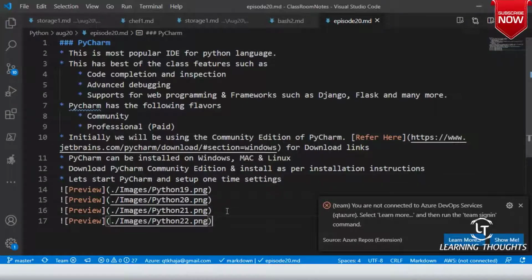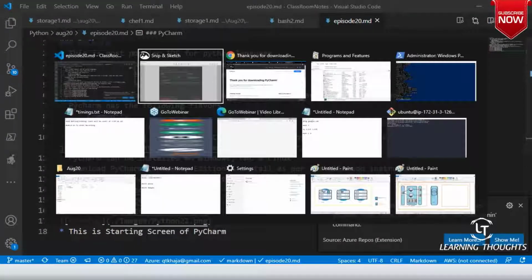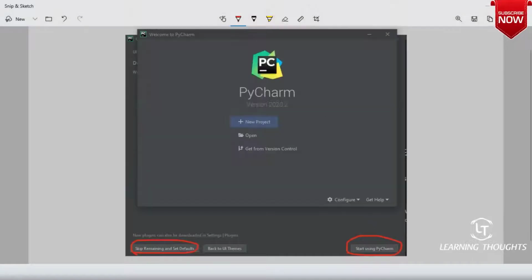So after this, this is the starting screen of PyCharm. Whatever you are seeing right now at this moment, this is basically the screen.